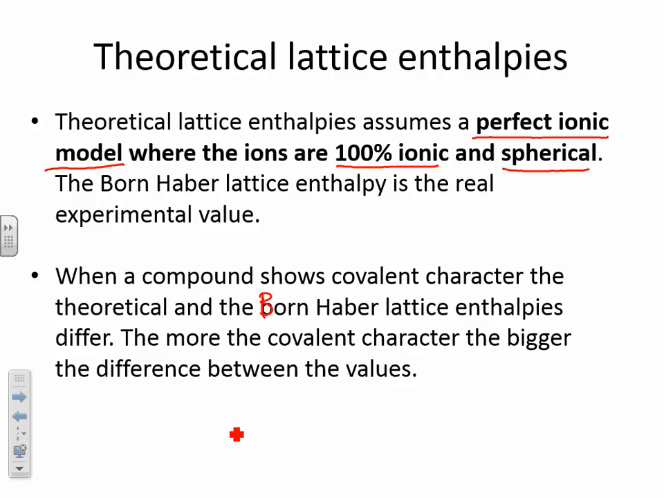If you've got covalent character in the compound, you can pick that up because there's a difference between the theoretical and the calculated Born-Haber experimental enthalpies. The more the covalent character, the bigger the difference. All right, so I can't remember whether I've ever put that into the question, but it's